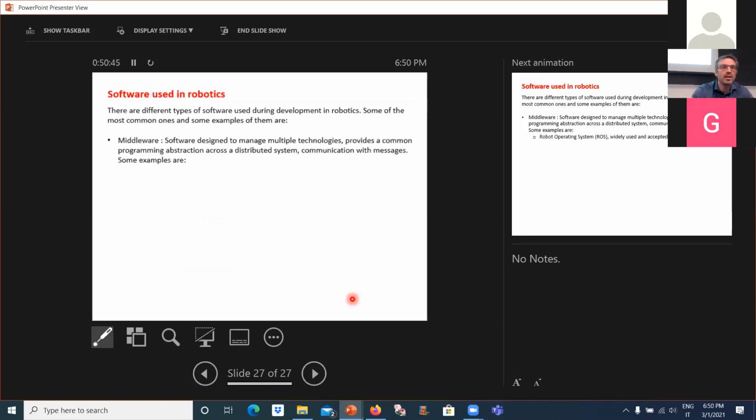Some examples of them are related to the middleware, which is software designed to manage multiple technologies and provides a common programming abstraction across different parts of the system. Let's say you want to make your controller communicate with your sensor and with your planner, and you want to do this at an abstract level. So the most famous way is ROS, that we will use in the lab,